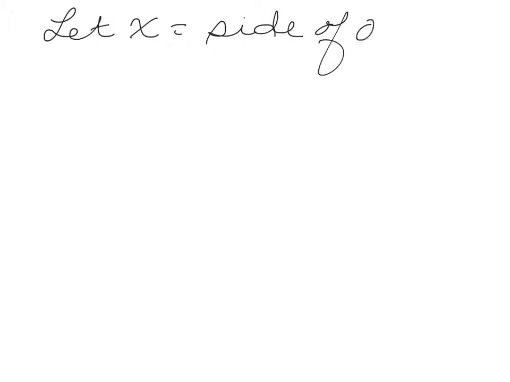Hi, let's do question number 1 for our polynomial activity. We're creating a new rug from a square piece of remnant carpet. The word square is, of course, a very important bit of information, and from the diagram we can see that x is a side of the original square, and